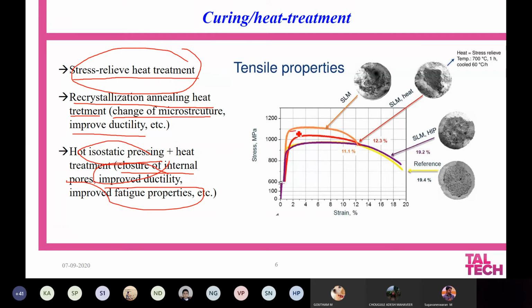You can see the as-produced sample has very high strength and reduced ductility. Once you thermally heat treat the sample to a certain degree, suddenly there is a drop in strength and also a drop in ductility to a certain extent. And then you use a HIP sample.